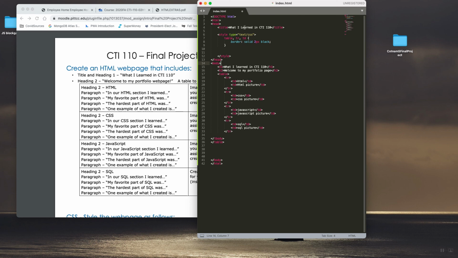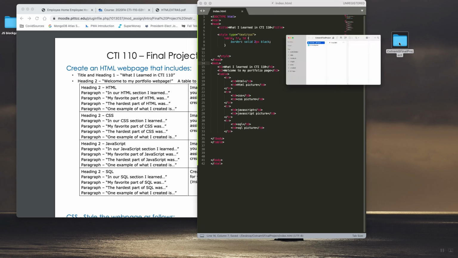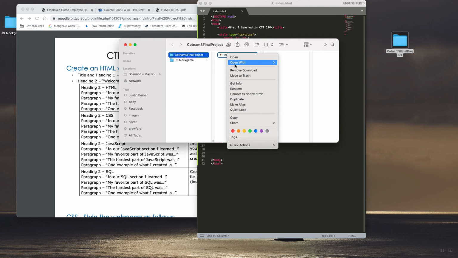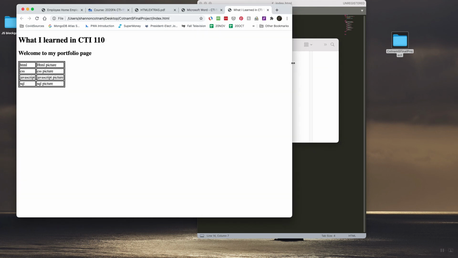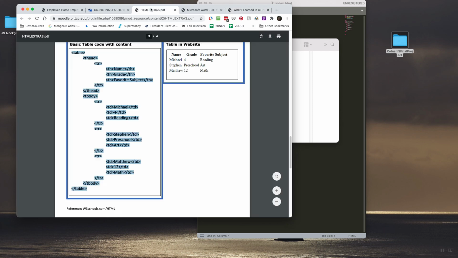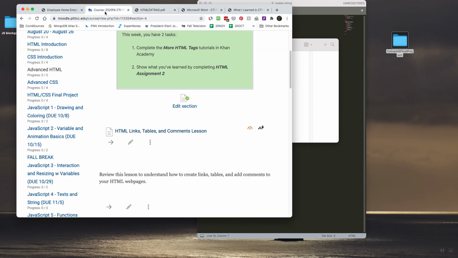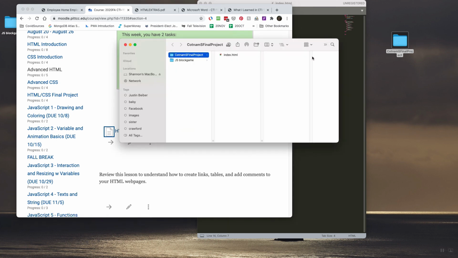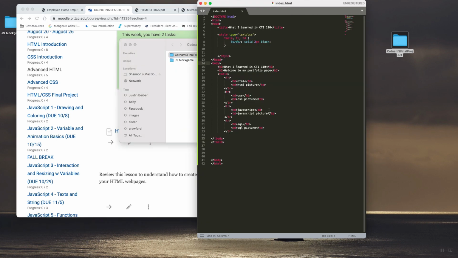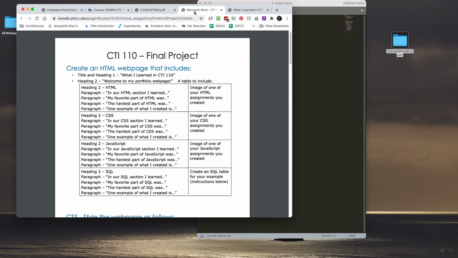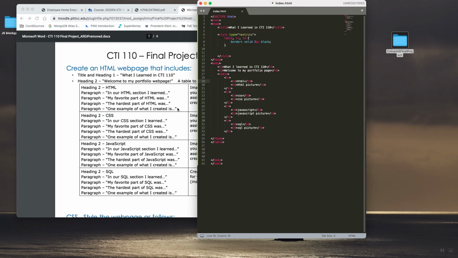All right, so let me save this. Control S and see what I've got here. And open it with Chrome. Okay, so it has work to be done, but you can at least see how the structure is. So go ahead and use that HTML extras file, which you can find in the advanced HTML section, to get your code. And copying and pasting code is fine. That's going to be something you'll do a lot. And once you've got the structure built up, then you can go back into the final project assignments and start putting some of this actual